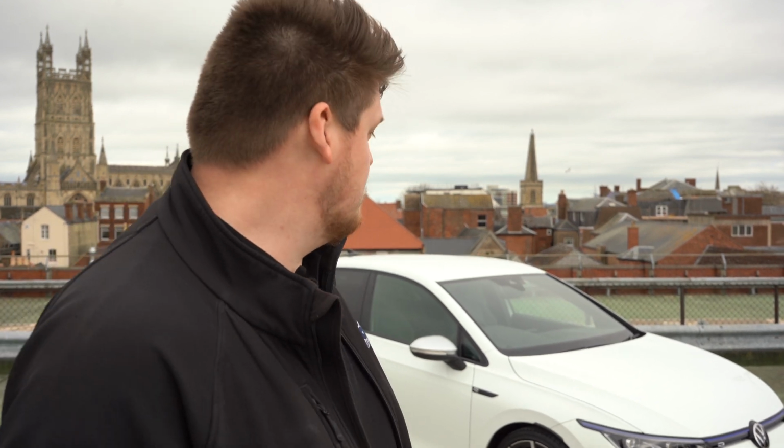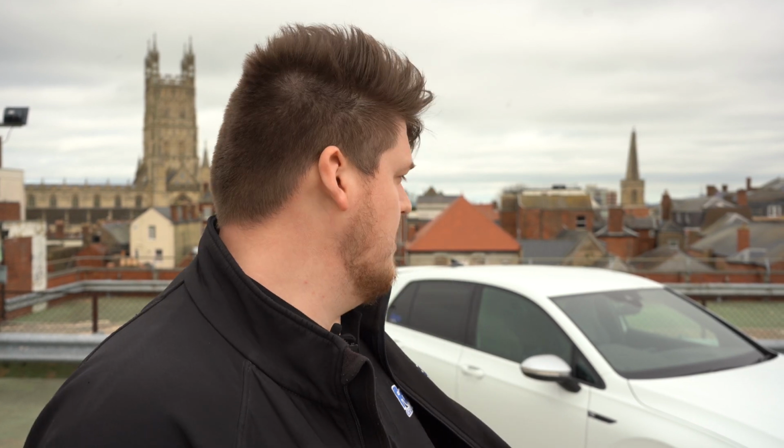We're here on the top of a windy open multi-story car park to show off to you our Mark 8 Golf R. We've just got it at standard at the moment. We've done absolutely nothing to it. We're taking it out to show you guys how it looks and what we think of it. We're going to do some media with it, get our shots,